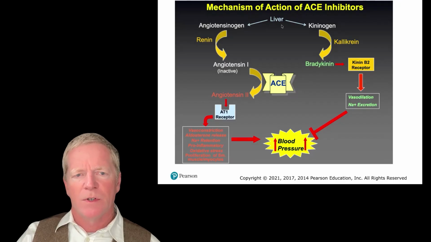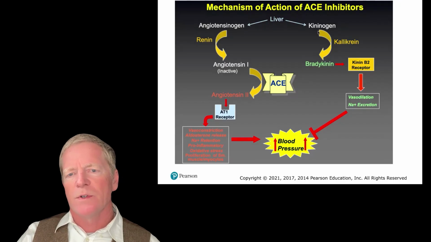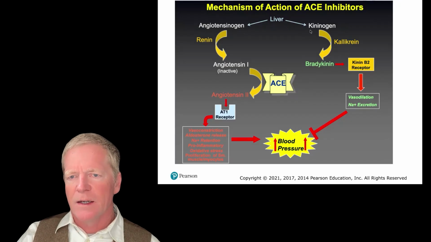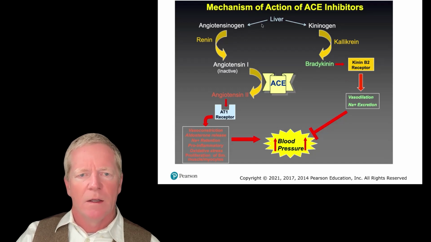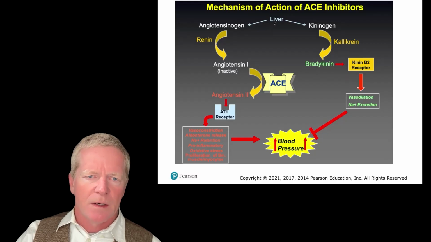The liver produces a molecule called angiotensinogen. It also produces kininogen, which is metabolized by kallikrein to bradykinin, and this is a molecule that causes vasodilation. Okay, but we want to concentrate here on this side of the pathway, where the liver produces